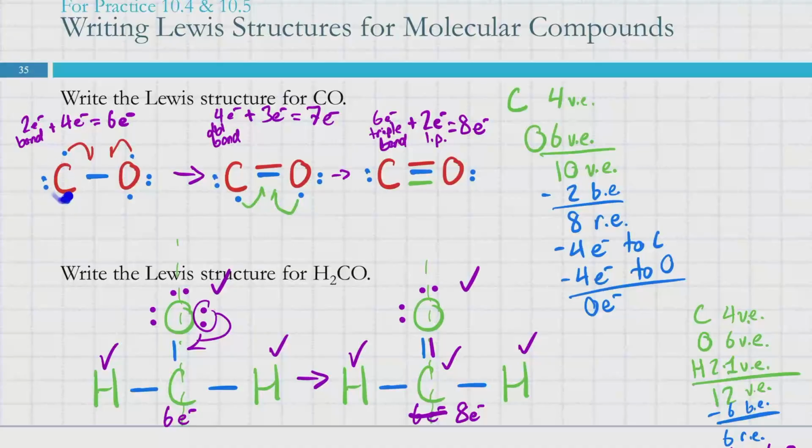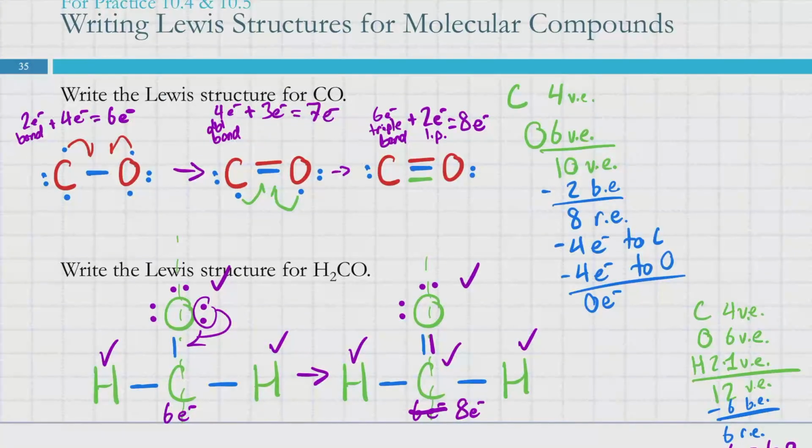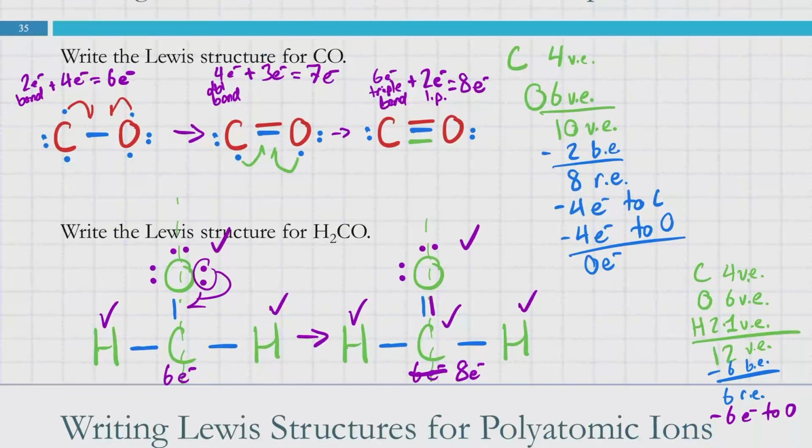We also need our skeletal structure, so we started off with just the C and the O. We added 1 line to get them connected, and that uses up 2 electrons, since every line is 2 electrons. That left us with 8 remaining electrons that we placed evenly on the carbon and the oxygen, and then we sequentially moved in electrons to form a double bond first and then a triple bond to fill out our octets for our carbon and our oxygen. So they each have a triple bond, which is 6 electrons, and a lone pair, which is 2 electrons, giving them a full octet. We did the same idea for H2CO,